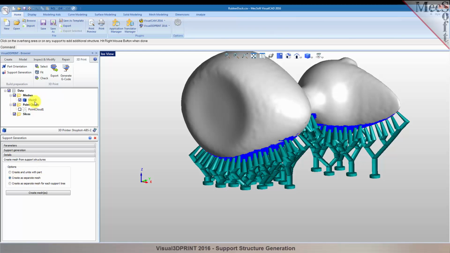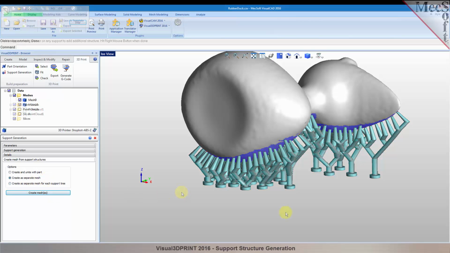In other words, there'll be another mesh in the data tree just for the support structure, or you can merge it with your part, and you can even create a separate mesh for each support tree. Now, we're going to leave it at just create a separate mesh. One of the benefits of that is later, if you come back in and you don't like the support structure, you can just delete that mesh and redo another support structure. Let's leave it as create a separate mesh and let's create it. So here we